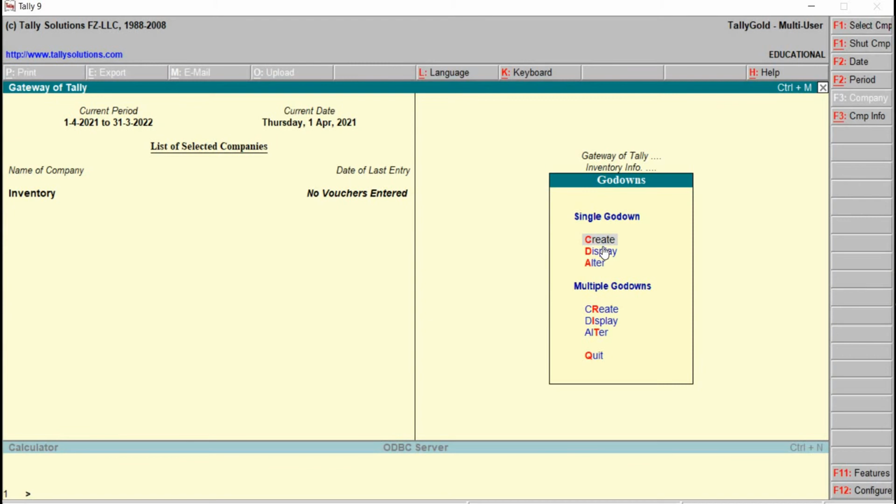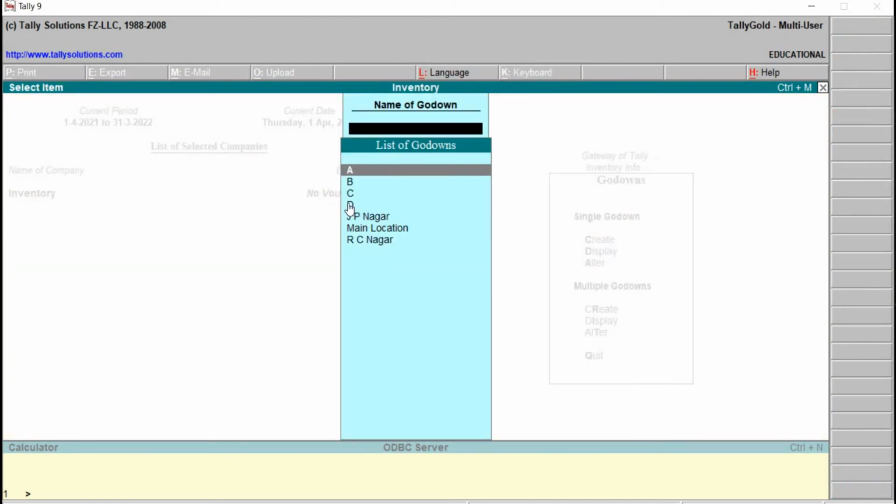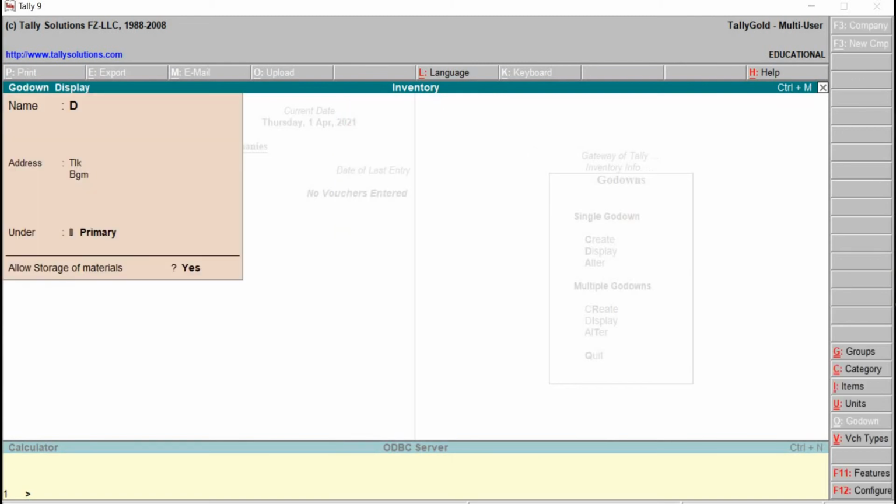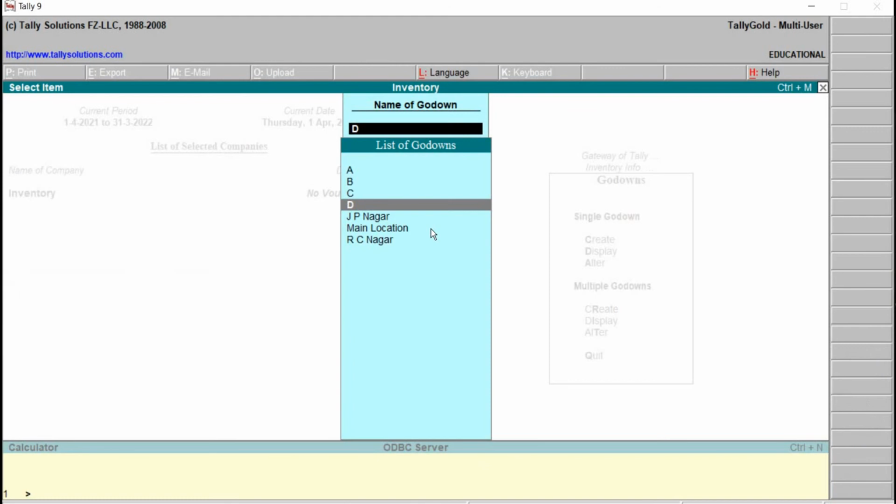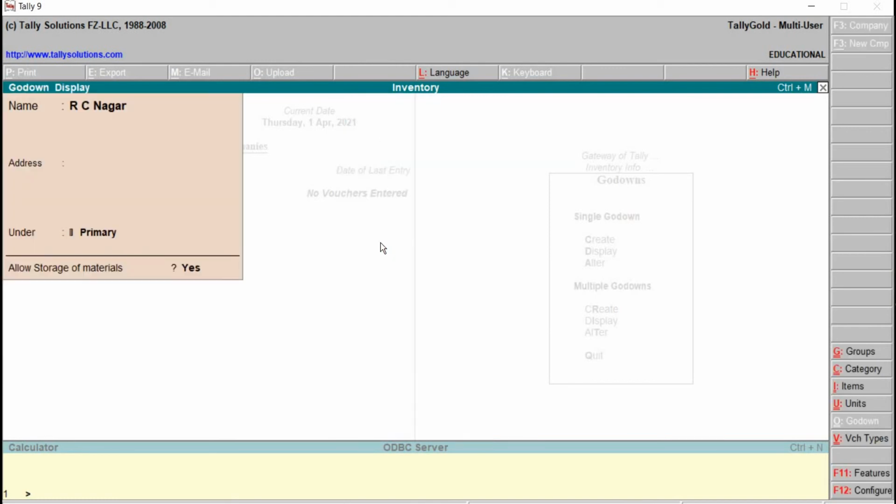Godowns menu, single, display. We can go for display of D, right? Cursor pointer is not available. We can read the contents. It is a read only mode. To come out, escape. RC Nagar. To come out, escape.